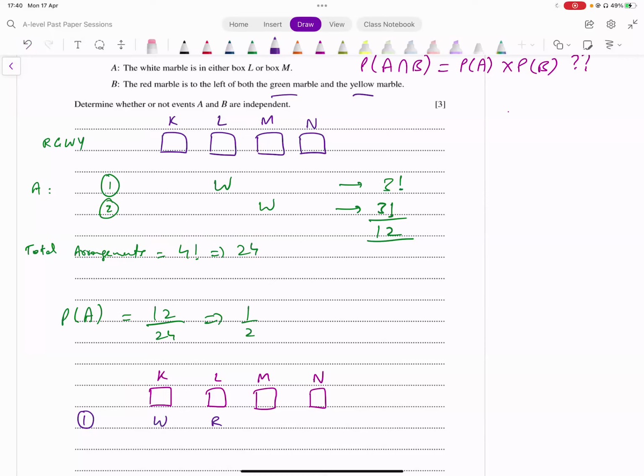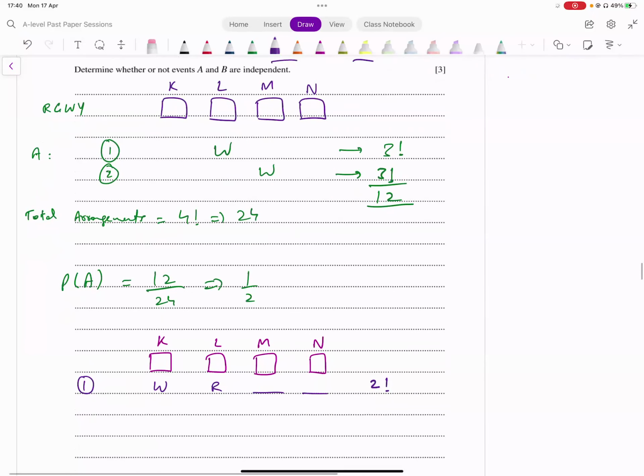अब राइट साइड पे क्या ऑप्शन होगी? ये तो फिक्स्ड हो गए, ये 2 स्पेसेस मेरे पास रहेंगी, उनमें 2 को प्लेस करना है, या येलो या ग्रीन। ये कितने वेज में अरेंज हो सकते हैं? 2 फैक्टोरियल वेज में। तो फर्स्ट केस में आपके पास 2 पॉसिबल केसेस बनते हैं, ठीक है।